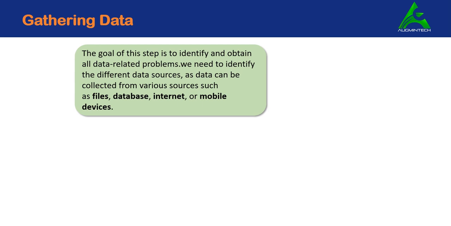This step can include tasks such as identifying various data sources, collecting data, and integrating the data obtained from different sources. By performing all these tasks, we get a coherent set of data, also known as a data set, that could be used in the further steps. Now let's move on to the next step,